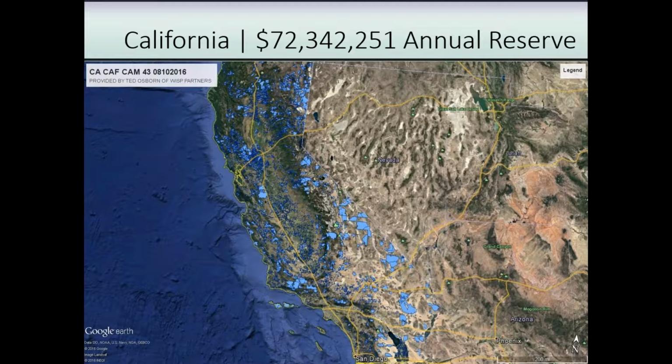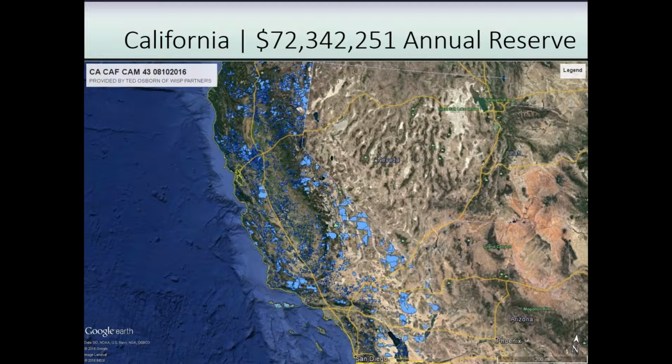So one of the key elements now available to us, with a little bit of additional work, is the visual mapping here done in Google Earth. By taking the CAM 43 and showing, here in the example of the state of California, the census blocks that are eligible for funding. In the Central Valley, for example, look at the southern Central Valley, you see this faint blue. It is filled with many thousands, tens of thousands of census blocks. And as you drill down, you'll see those distinctly, and you can take a look at the underlying metadata.